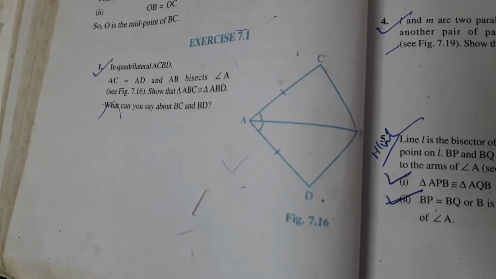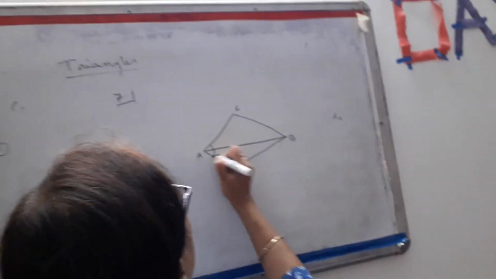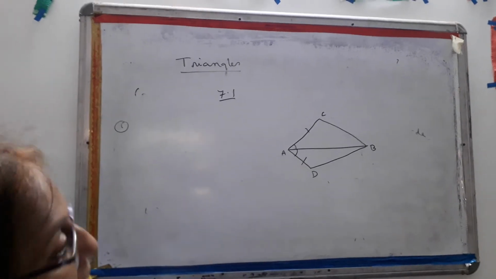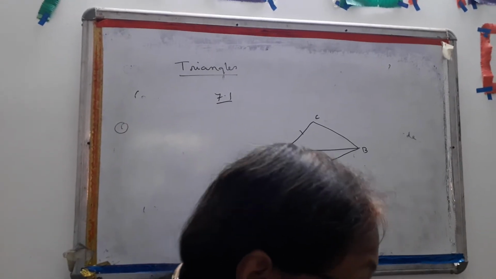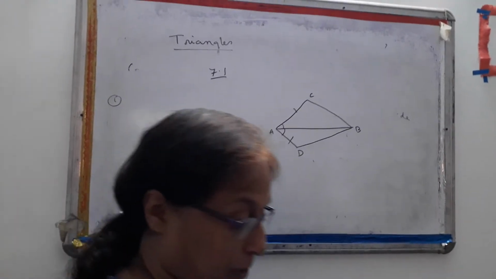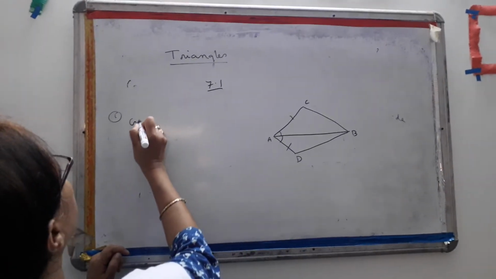I draw the picture here, and here these are two angles they have mentioned, and these two sides they have mentioned. And now already theory we have written in lines and angles, and here all the more questions are like theory only. So first we write given.